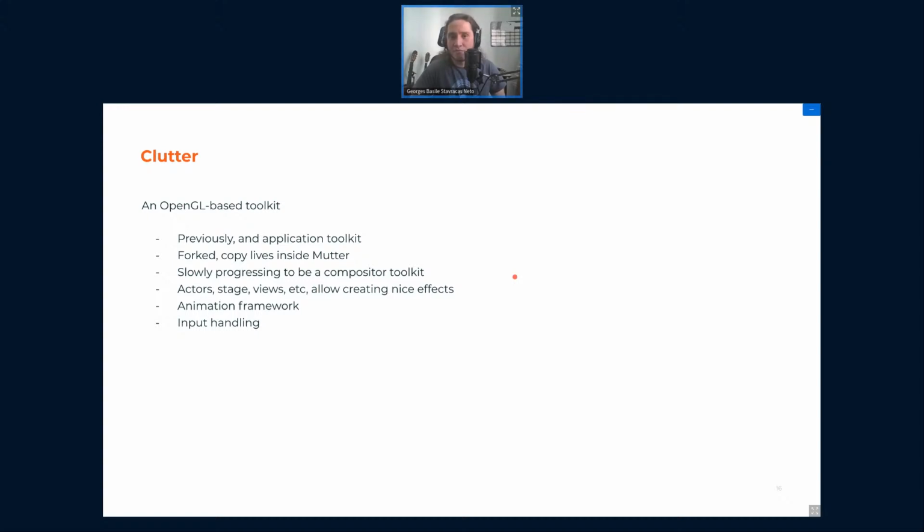And over time, we've been slowly stripping out the client-side application toolkit APIs. So many things don't make a lot of sense when you're a compositor, but make sense when you're an application. And we've been removing those things and reducing the code base to be a compositor-only API.